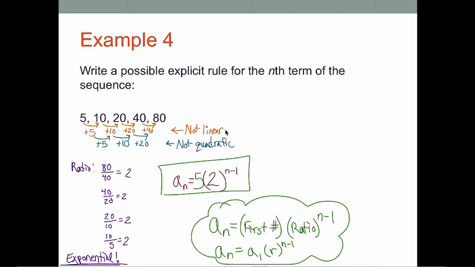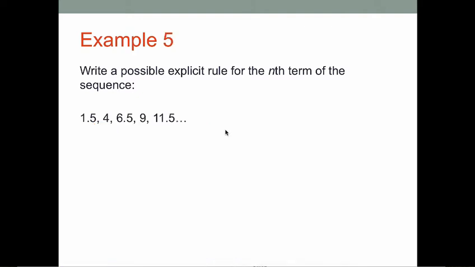All right, now to move on to our last example, example 5. We want to write a possible explicit rule for the nth term of the sequence. So again, our process for this is going to look very similar to what we did in the last one. We're first going to see if we can identify a common difference between each of these terms going from one